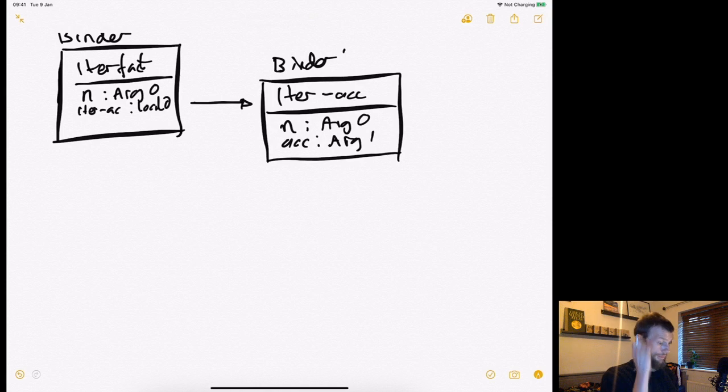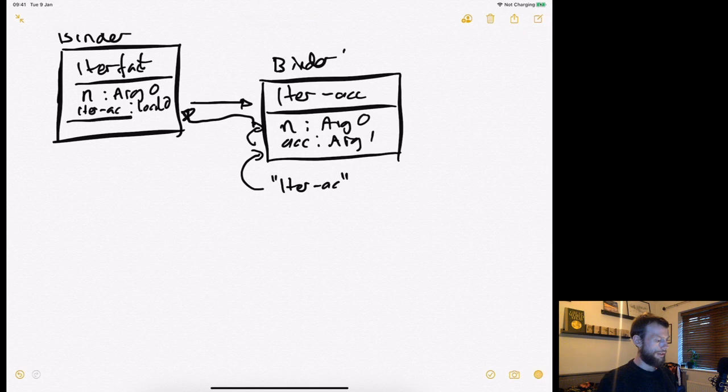In the inner binder, when we try and look up a value, and we start off, we look at, so if someone references iterfact with accumulator, we look there and it isn't there, and then we look in the outer scope and we find it. We need to do something to this value, and effectively